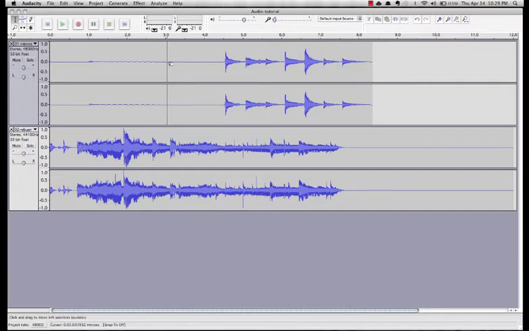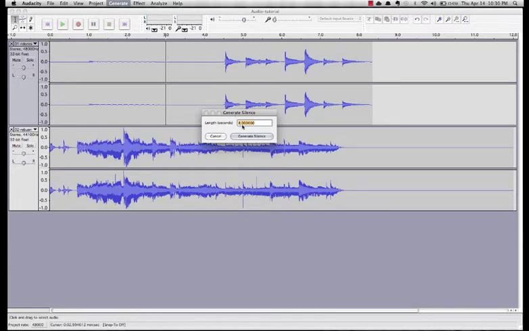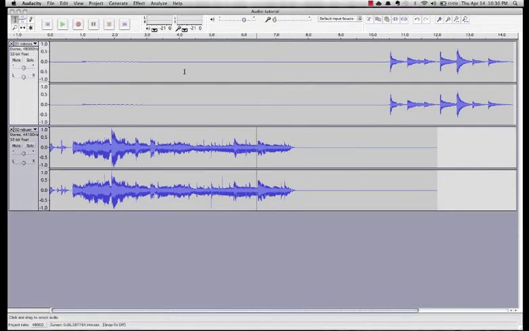First, what I want to do is extend the length of play for track number 1. And I can do that by generating silence. I'm going to do that where I know that there's relative quiet in track number 1. And I can go ahead and generate silence. It's going to ask how many seconds of silence I want to create. I want to create 6. And I'll generate silence. And you can see now Audacity has automatically inserted those 6 extra seconds of silence into my first track. And now you can see in relationship to the second track, the first track is much longer,